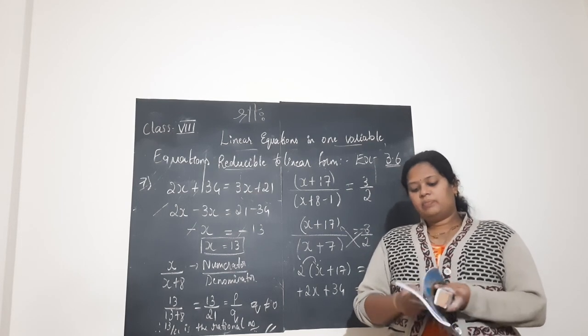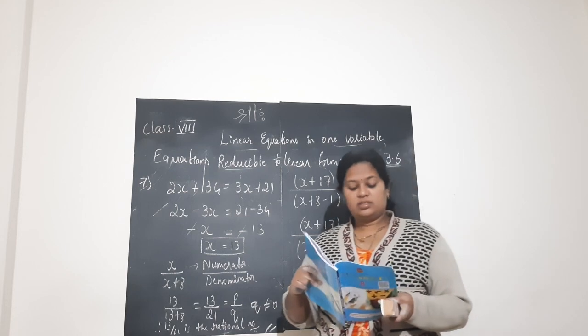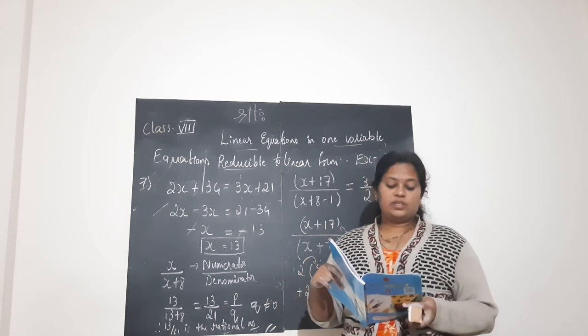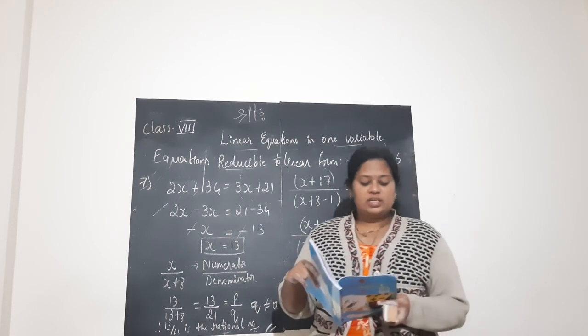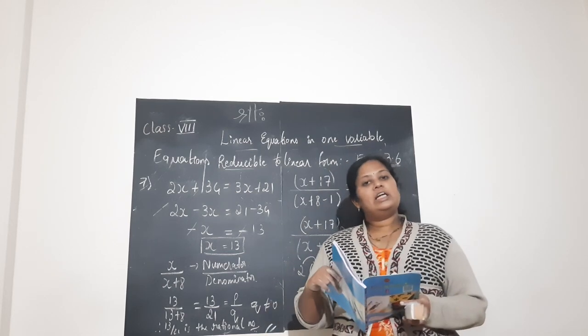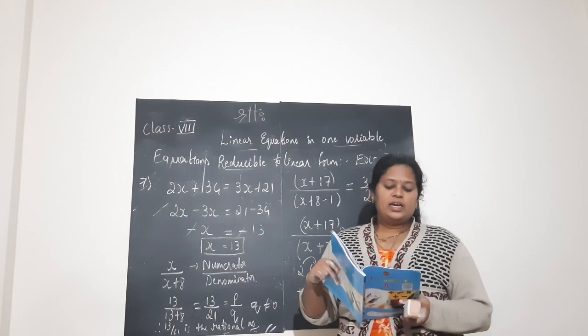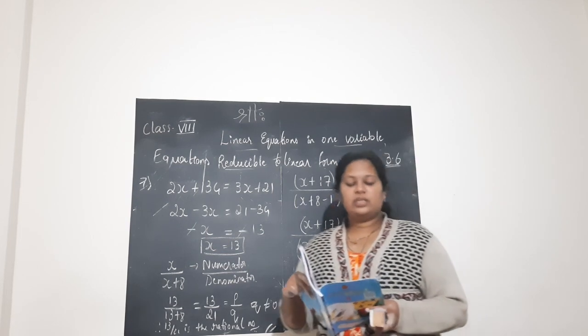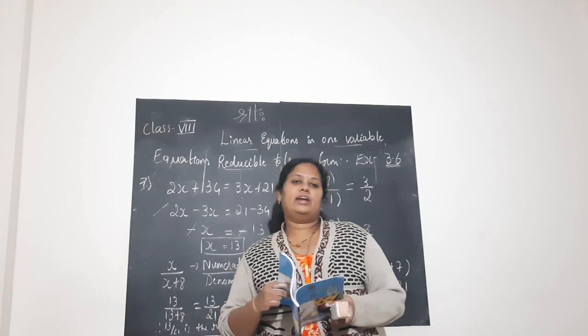So by this we have completed playing with numbers. It's okay, home activity we will see once you come back to the school. Rational numbers and linear equation in one variable we have finished. One chapter in algebra, one chapter in geometry is over. Next I will be starting with the new lesson in geometry, that is understanding quadrilaterals.